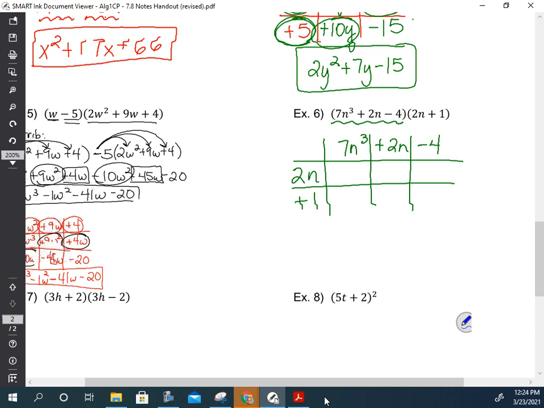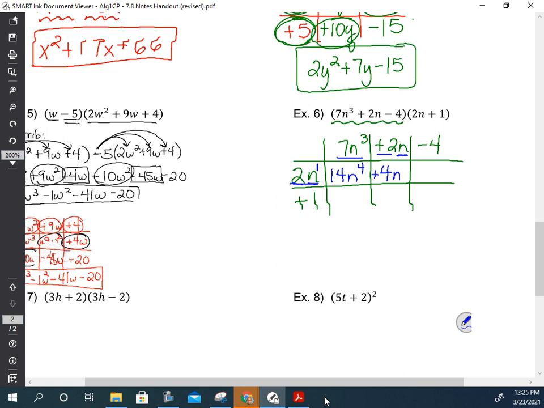So we start multiplying out. 2n times 7n to the third. So 2 times 7, I know is 14. What's the exponent for the n? 4. N to the first, n to the third, add the exponents. Remember, when you multiply, you add exponents. So 2 times 2 is 4. What's the exponent for the n? If I take n times n